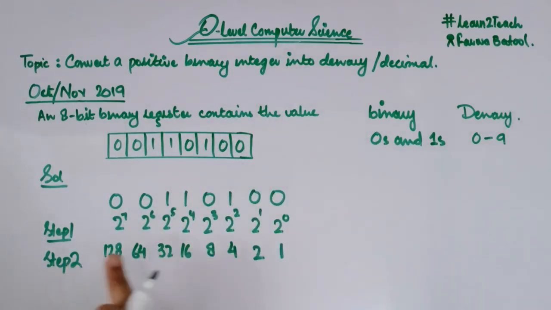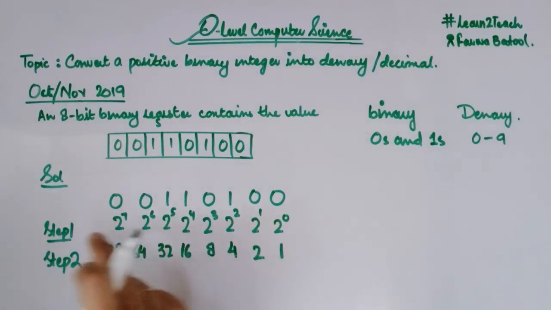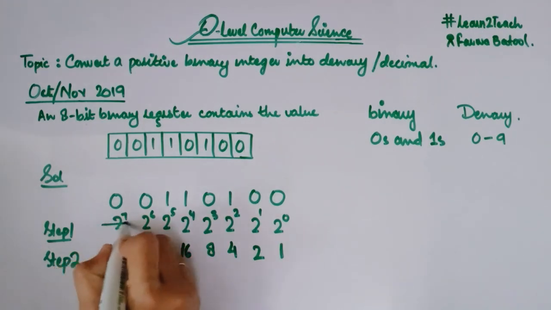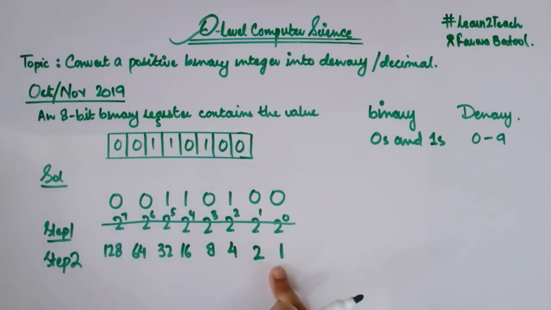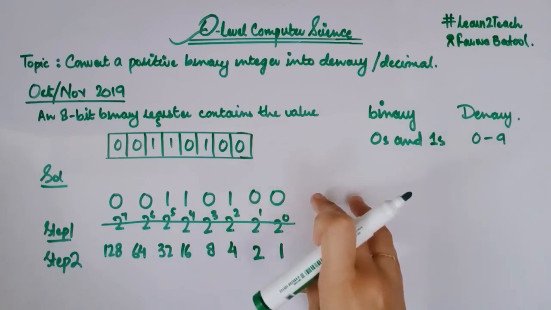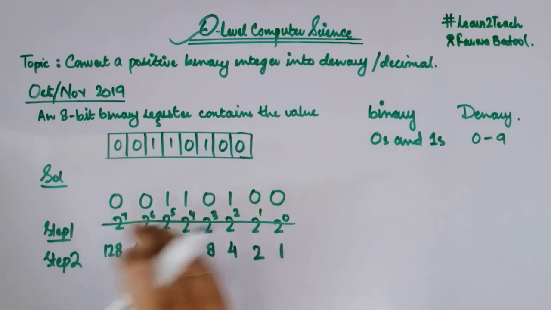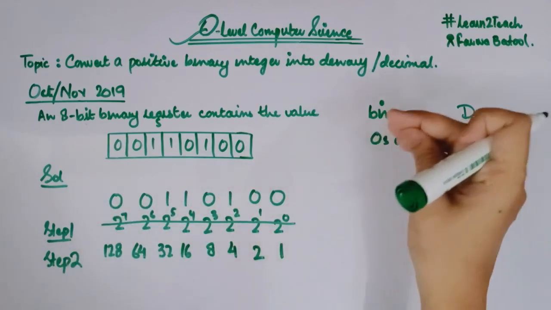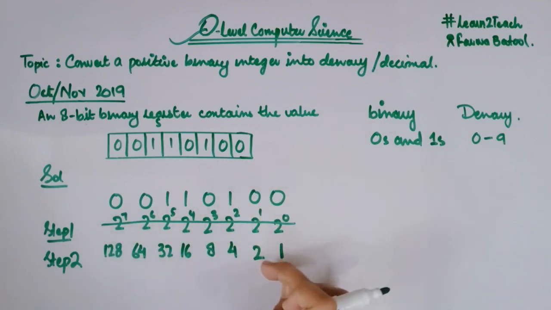Right? So this is my step number 2. Here I have written the actual values for these powers. Okay, you can skip this step if you already know the values of these powers, because this working is not necessary in your exam. You just need to write the answer, right? So there is no need to do a lengthy step. If you know the values for these powers, you can directly write them out.